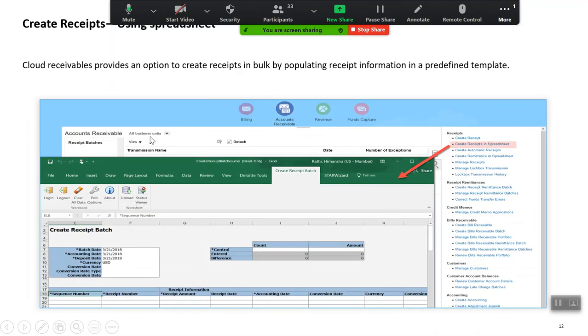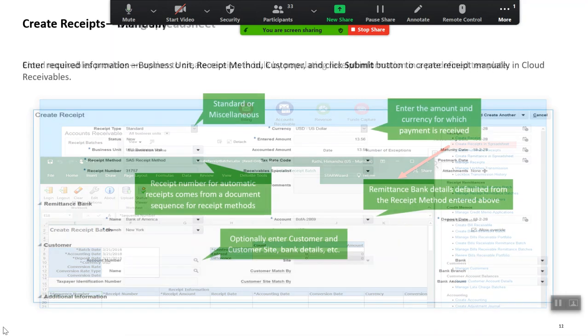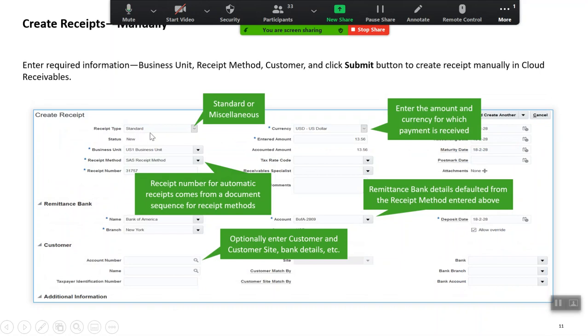So this is the place where you would eventually go and key in your receipt type. So it's an LOV. You would select if you would want to create a standard receipt or a miscellaneous receipt.